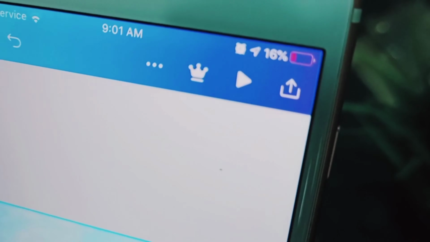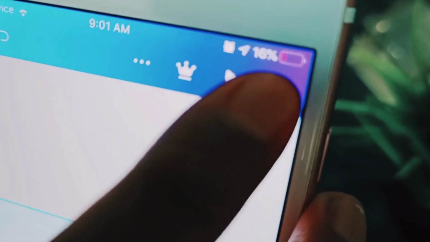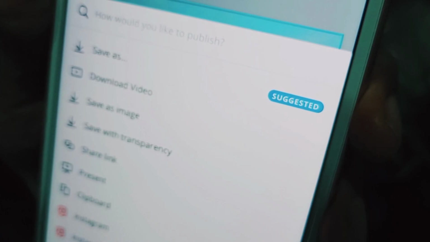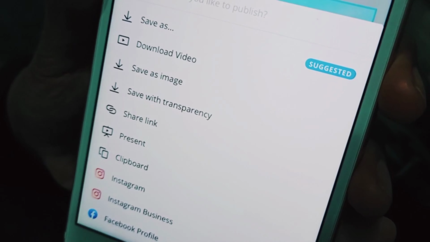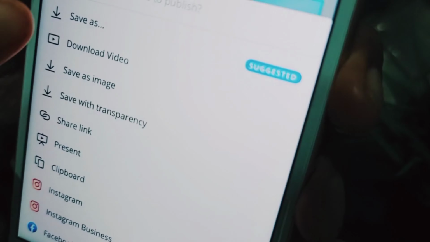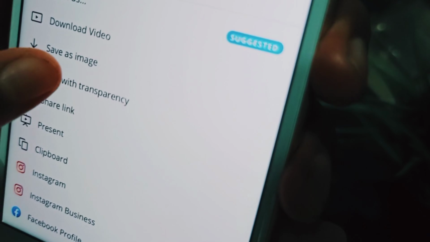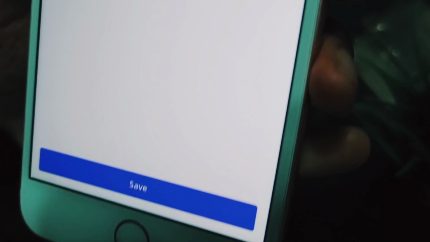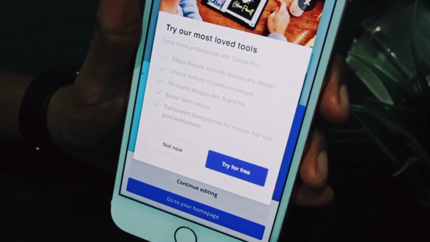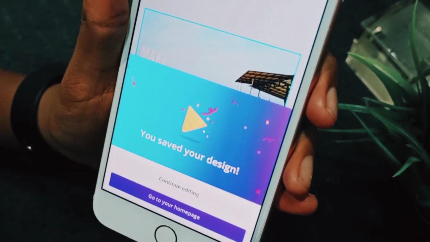So let's click the icon there, the arrow one. Let's click it, then save as image, click it. Then save. So the thumbnail will be ready in your images, in your gallery. You can check it out, and